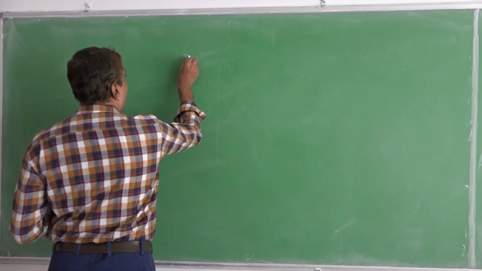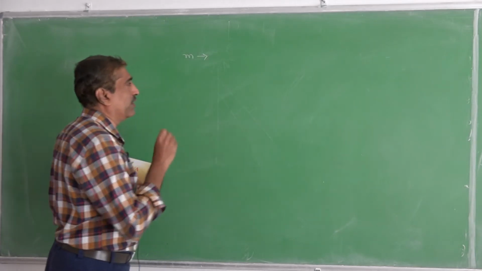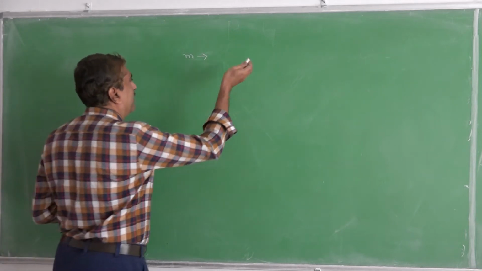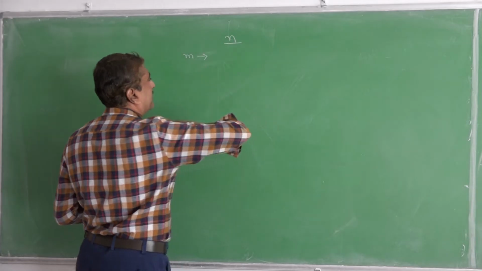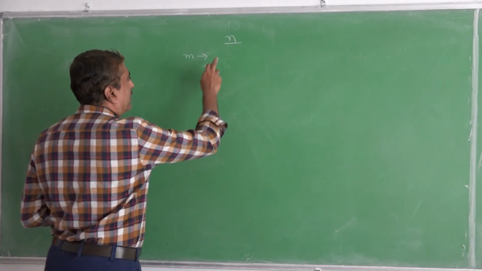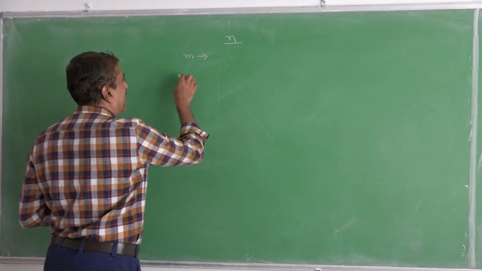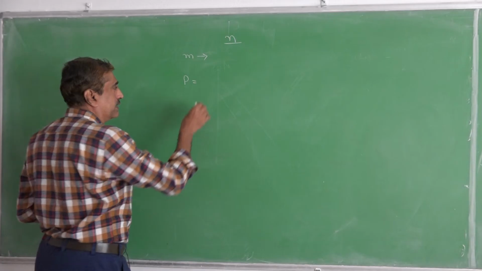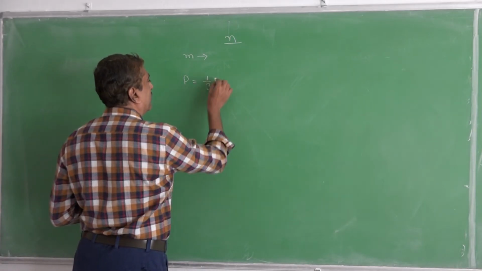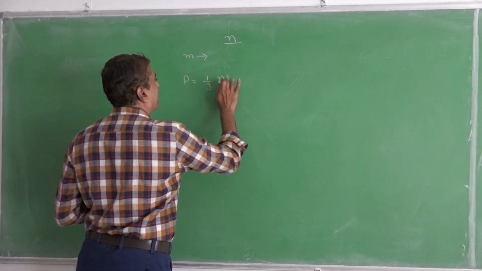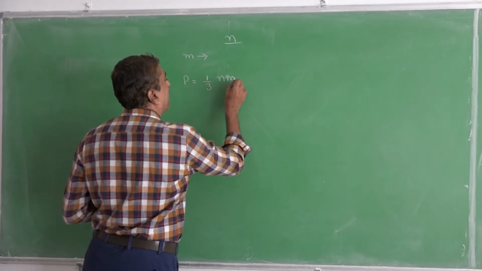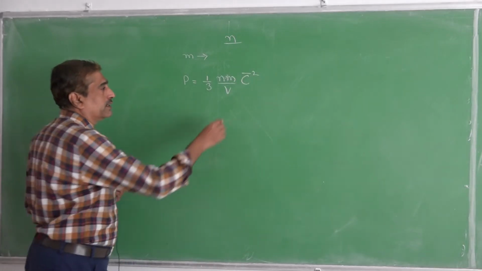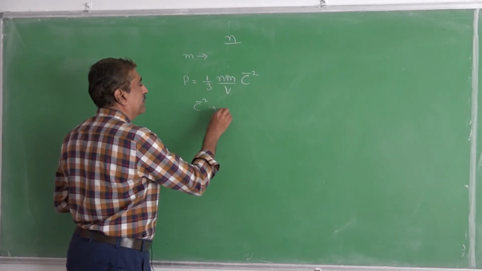Assume that small m is the mass of the gas molecule enclosed in a vessel, and assume that there are N number of molecules in that particular vessel. Then the pressure exerted by the gas, according to kinetic theory of gases, is given by P equals 1/3 Nm by V into C bar square, where C bar square is the RMS velocity